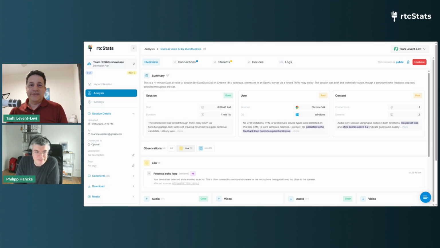DuckDuckGo has a new service, Duck.ai, and they added support for it to talk to their agent using WebRTC. So we took it for a round and tried to talk to it and recorded that as a WebRTC internals dump file. And what we saw was that DuckDuckGo is using a TURN server, which makes sense from a privacy point